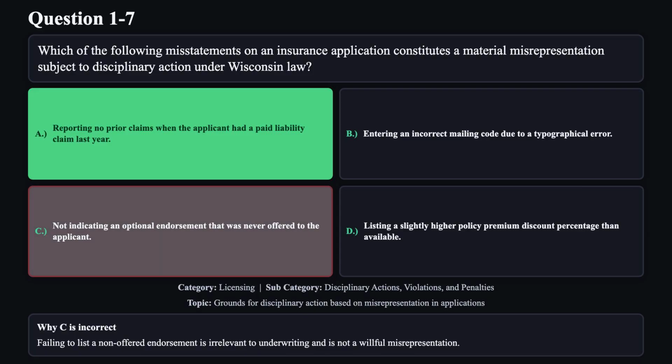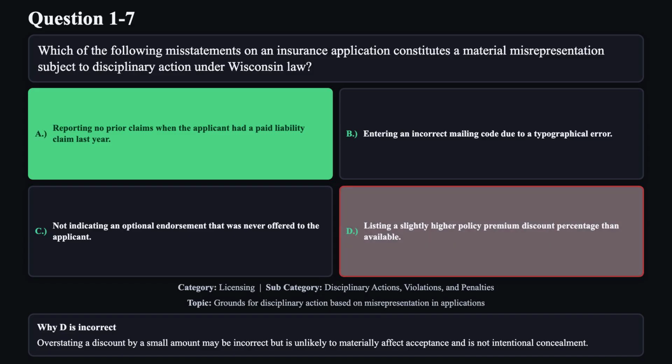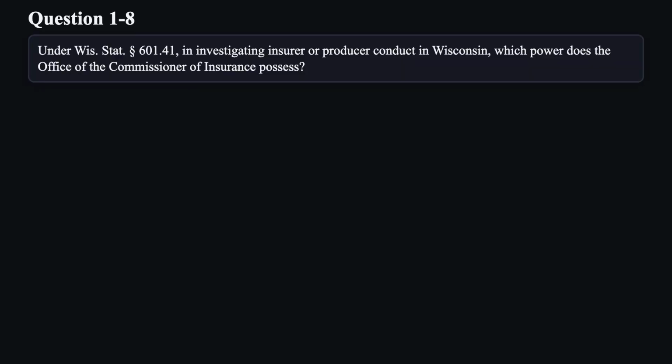Reason C is not correct. Failing to list a non-offered endorsement is irrelevant to underwriting and is not a willful misrepresentation. Reason D is not correct. Overstating a discount by a small amount may be incorrect, but is unlikely to materially affect acceptance and is not intentional concealment. Question 8. Under Wisconsin Statute Section 601.41, in investigating insurer or producer conduct in Wisconsin, which power does